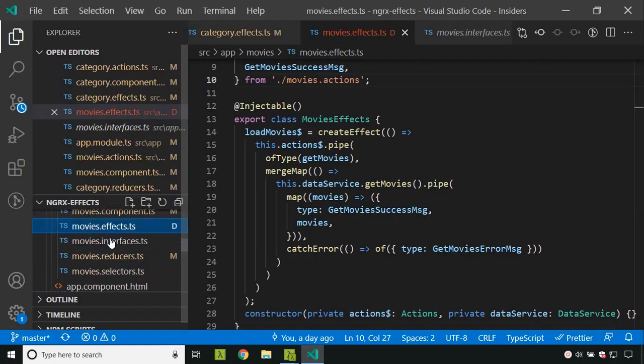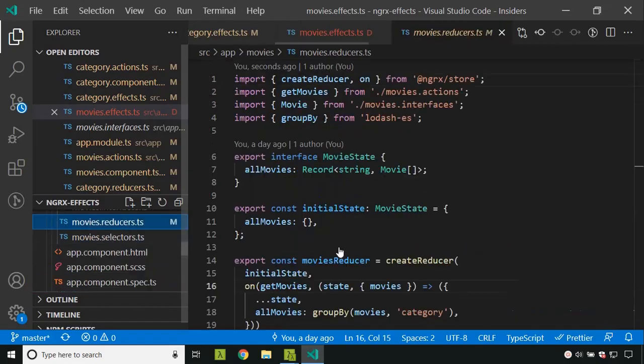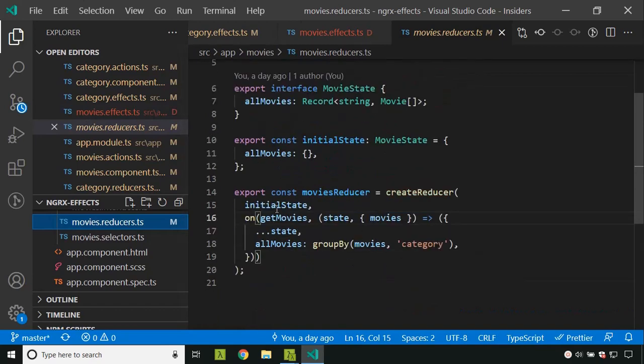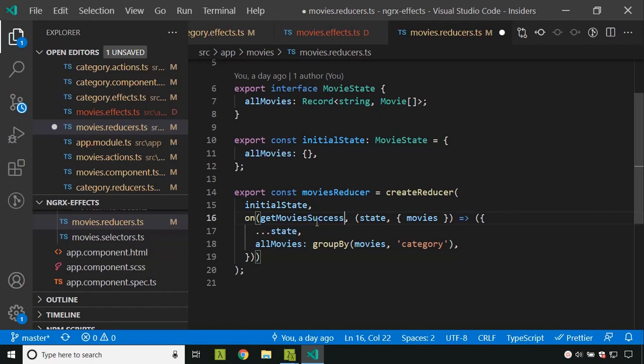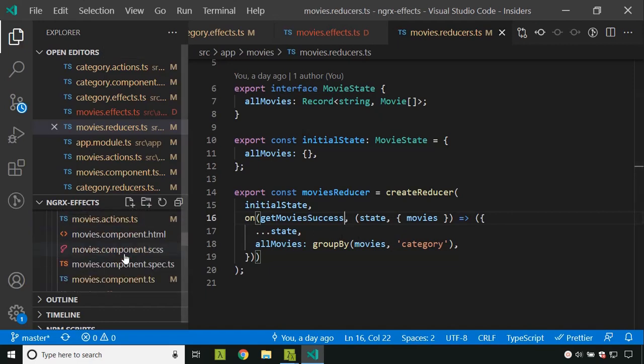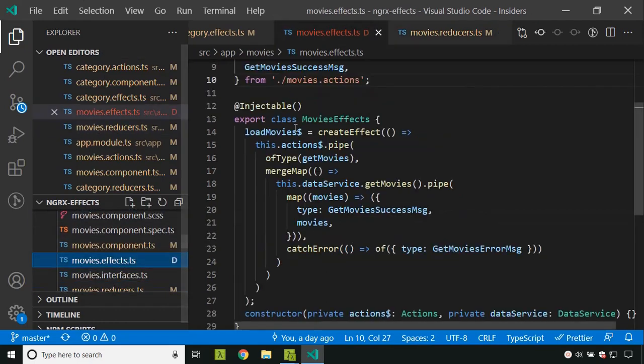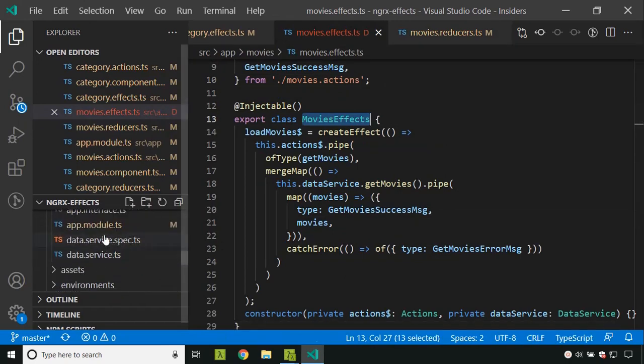So now let's go to the reducer and rename this as success. And also we will register this FX in our app module.